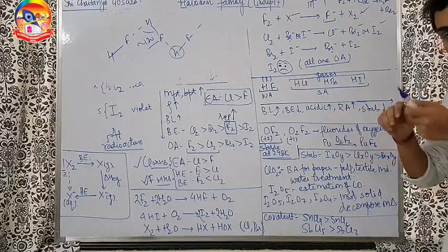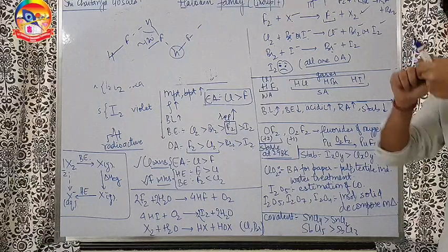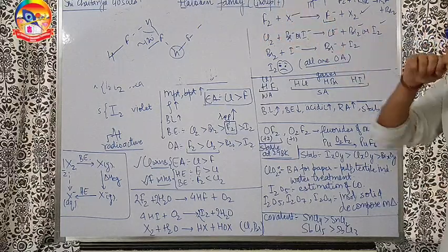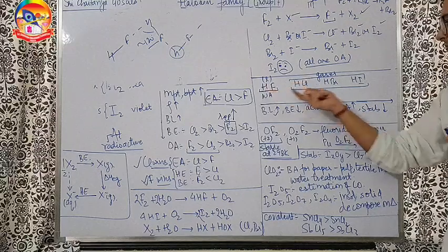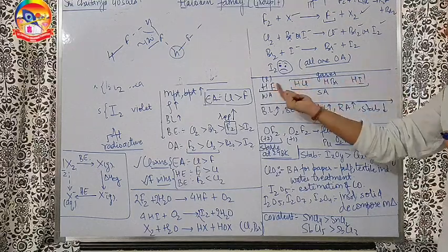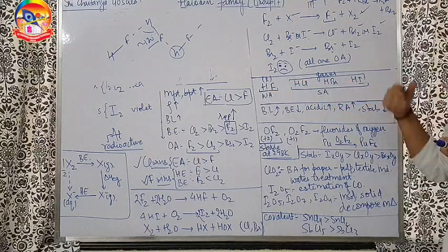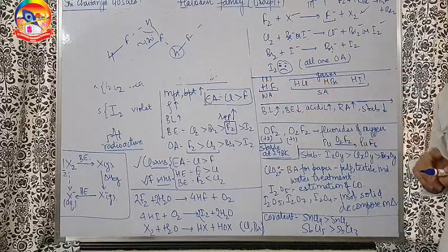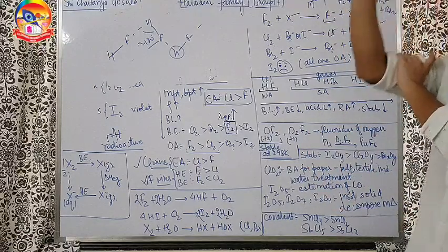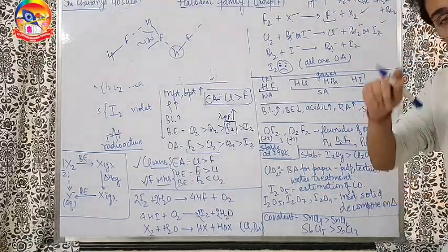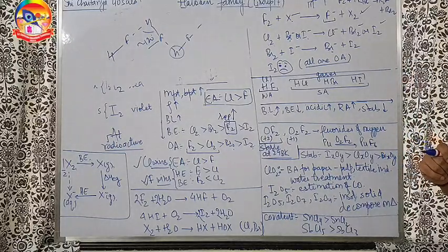Also, if hydrogen is breaking, you can donate H minus also. And when you donate H minus, it is known as reducing agent nature. So as the bond is breaking easily from top to bottom, HI will be the best reducing agent out of these. You also use it in organic chemistry, red phosphorus plus HI. Very commonly you use it there. Sometimes directly HI also, like in the biomolecules chapter you can see. There also you use HI as a reducing agent.